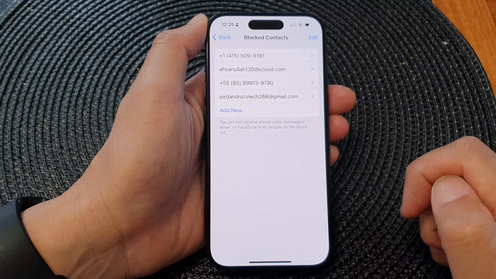Then in here, to block a contact, tap on Add New. From your contact list, select a contact that you'd like to block. And that's it. If you want to unblock a contact, you can tap on Edit and then tap on the